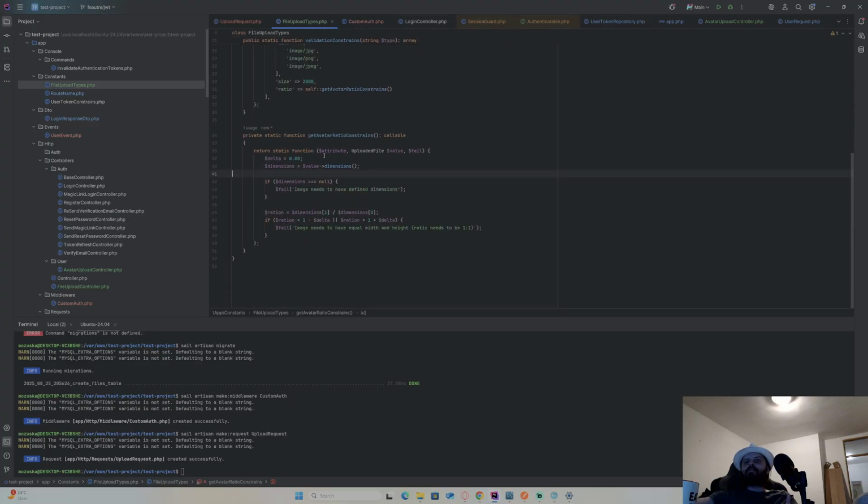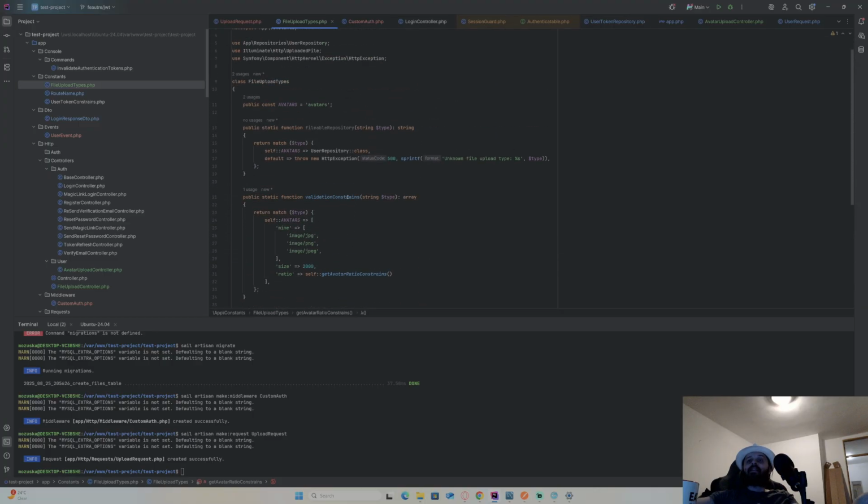Now if I go back to the mine, well here. Now this repository needs to be solved, and this repository needs to be injected to controller. Before the request comes to controller, we need to inject this.